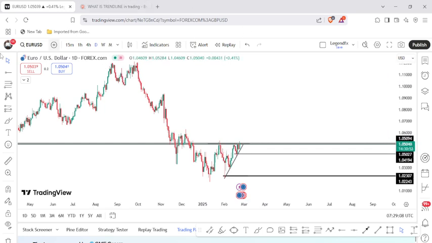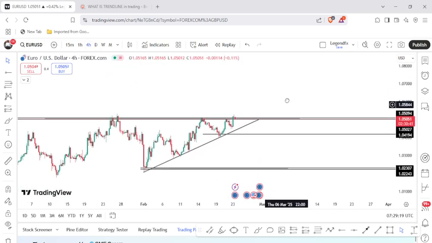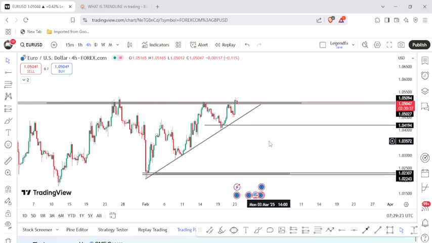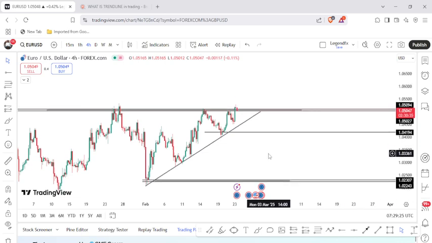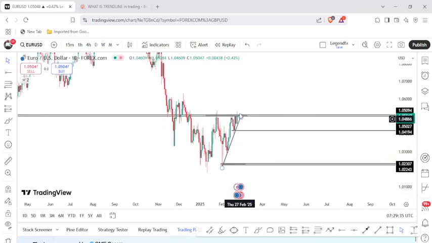I will just be sitting on my hands for the meantime to see what this guy will do next. So I will not be trading this guy, because I feel that he is just confused. He doesn't really know what he wants to do. My initial analysis was, if this guy can break below this particular daily neckline here, I'll be looking to sell. But I've come to realize that this guy was just giving me the same inverse head